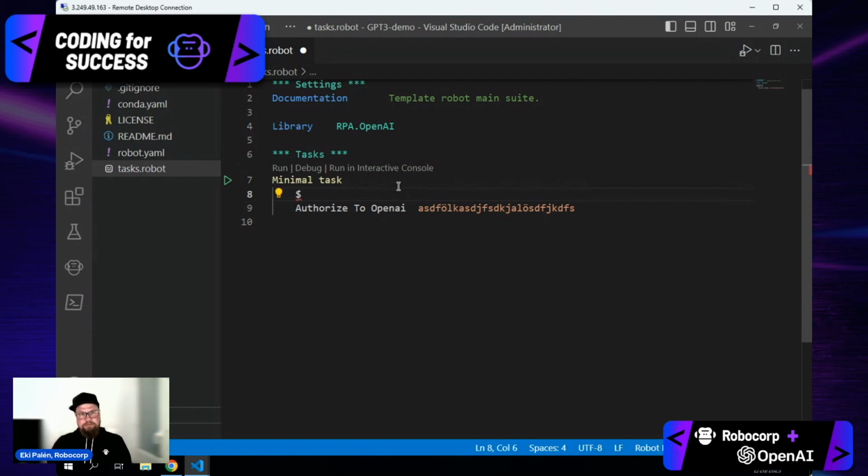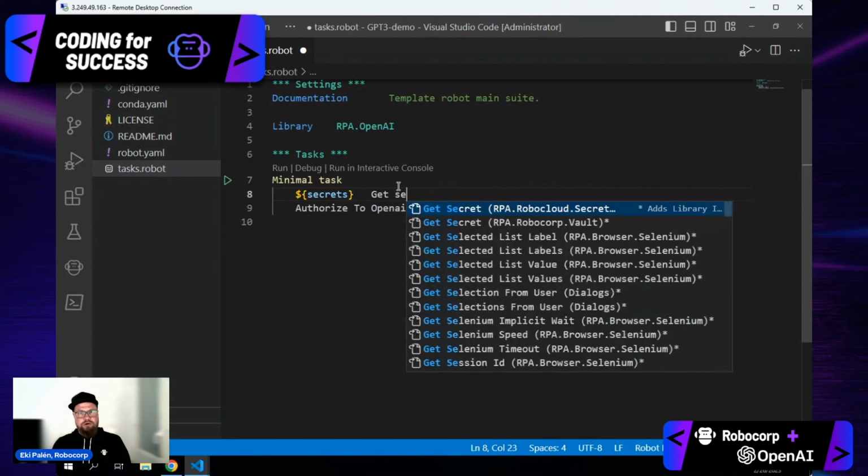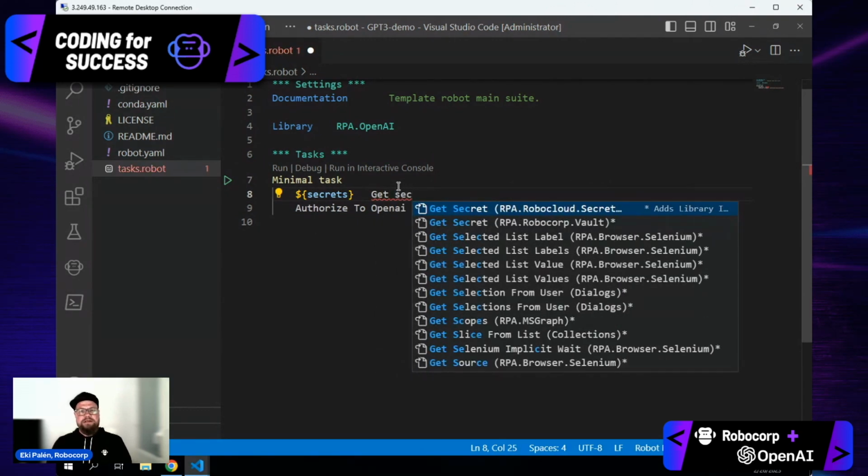For that, I create a new variable with dollar and curly bracket signs. The variable will be called secrets, and inside that we want to store Get Secret. There are two versions. We'll be using the newer one,